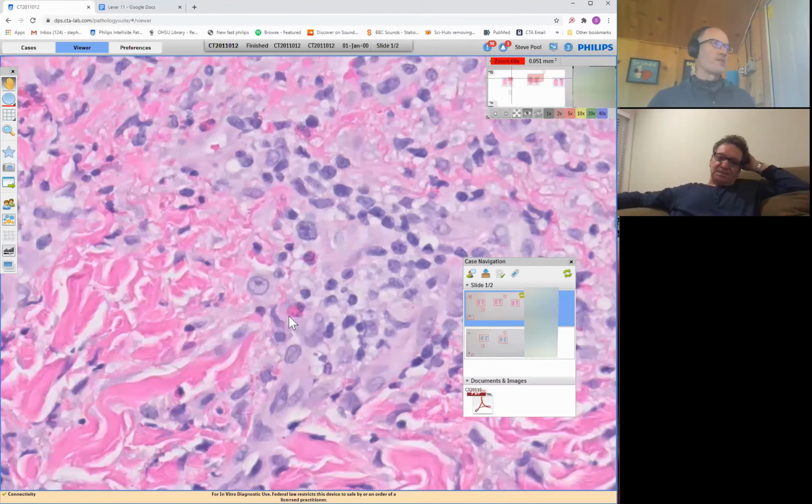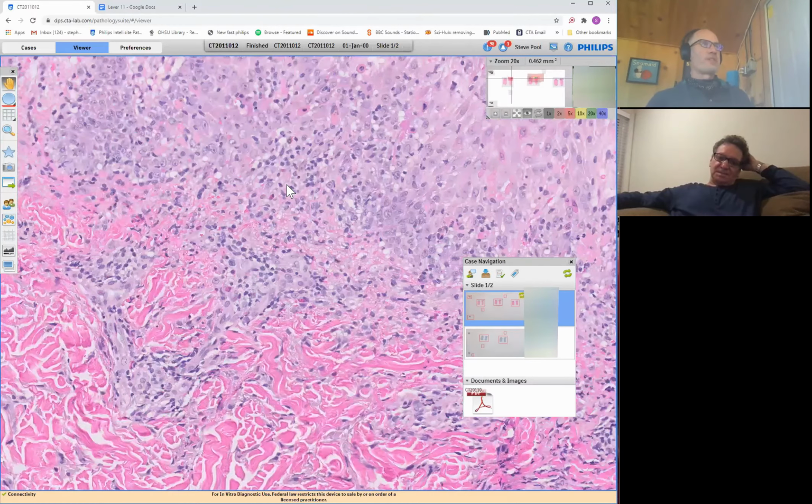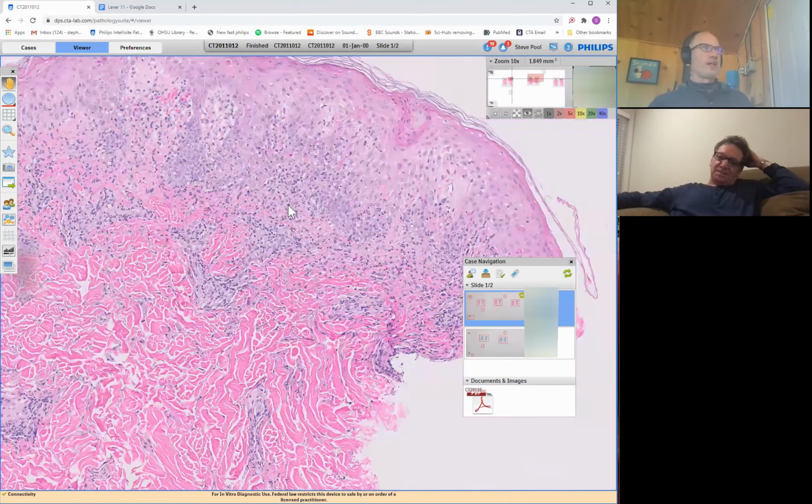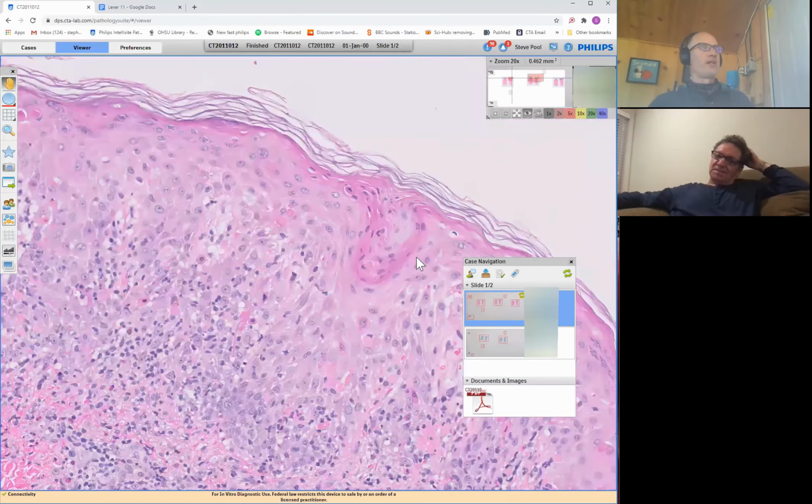Yeah, here's a number of eosinophils. So this is the typical characteristic morphology of a drug eruption. We even have that other finding here. There's the beginning of parakeratosis developing. And so features that are helpful here, if this were just an eczematous dermatitis like contact dermatitis, it would be very unusual,